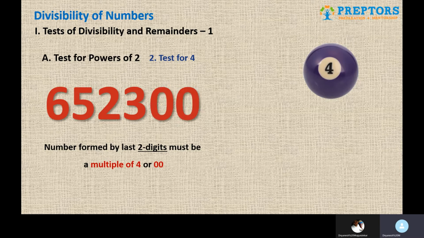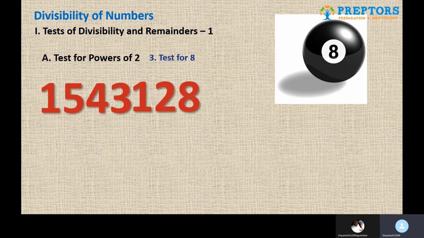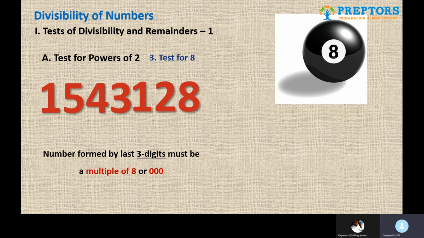Similarly, continuing this further, 2 raised to 3 is 8. If we want to figure out if any number is divisible by 8 or not without actually dividing, the only reason we are having all these divisibility tests is that we are not going to divide going forward, and we are just going to use these shortcut techniques and save a lot of time in the simple calculation, and that is the aim. So 8, because it's the third power of 2, we will look at the last three digits of a number. If the last three digits of a number are divisible by 8 or triple zero, then we say that the entire number is divisible by 8.